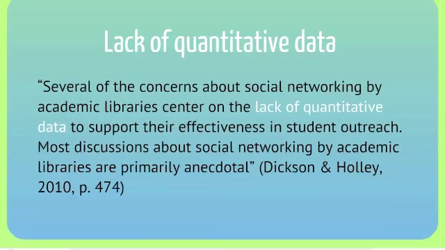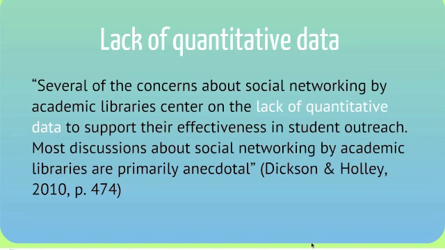So the first one on the list is the lack of quantitative data. According to Dixon and Hawley, several concerns about social networking by academic libraries center on the lack of quantitative data to support their effectiveness in student outreach. Most discussions about social networking by academic libraries are primarily anecdotal. Now, I actually disagree with this statement and think that there are a lot of sources of quantitative data for